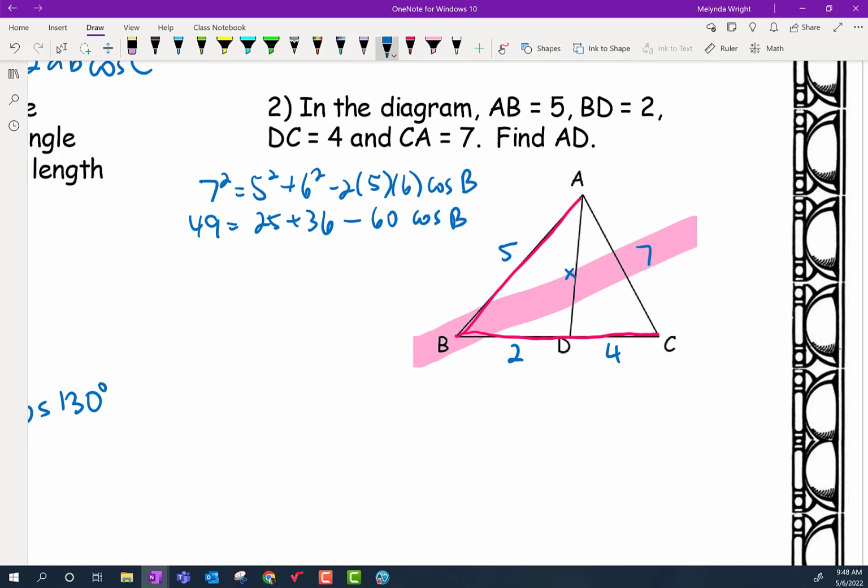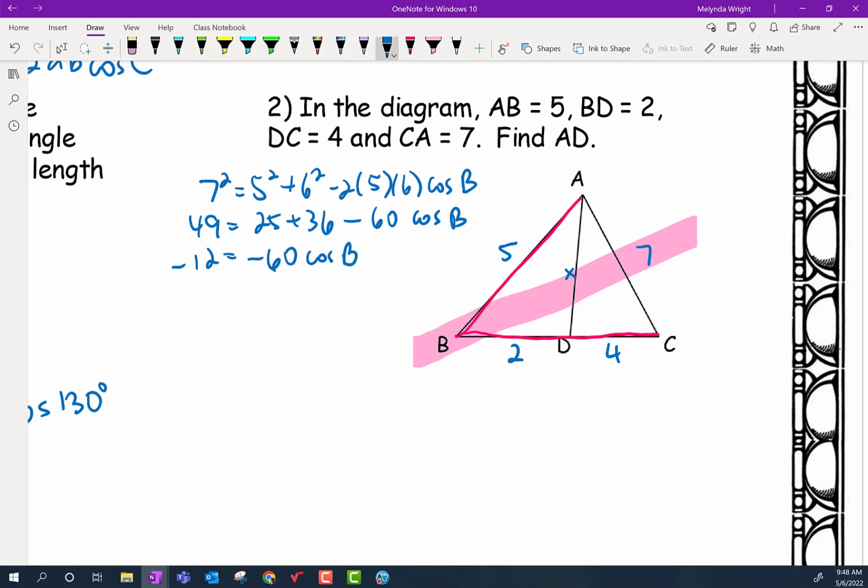Cosine B. So I need to solve for cosine B. What would I do first? Would I move the 25 and 36 or would I divide? Yep, I would move the 25 and the 36. So I'm going to subtract. So I'm going to do 49 minus 25 minus 36 and it gives me negative 12 equals negative 60